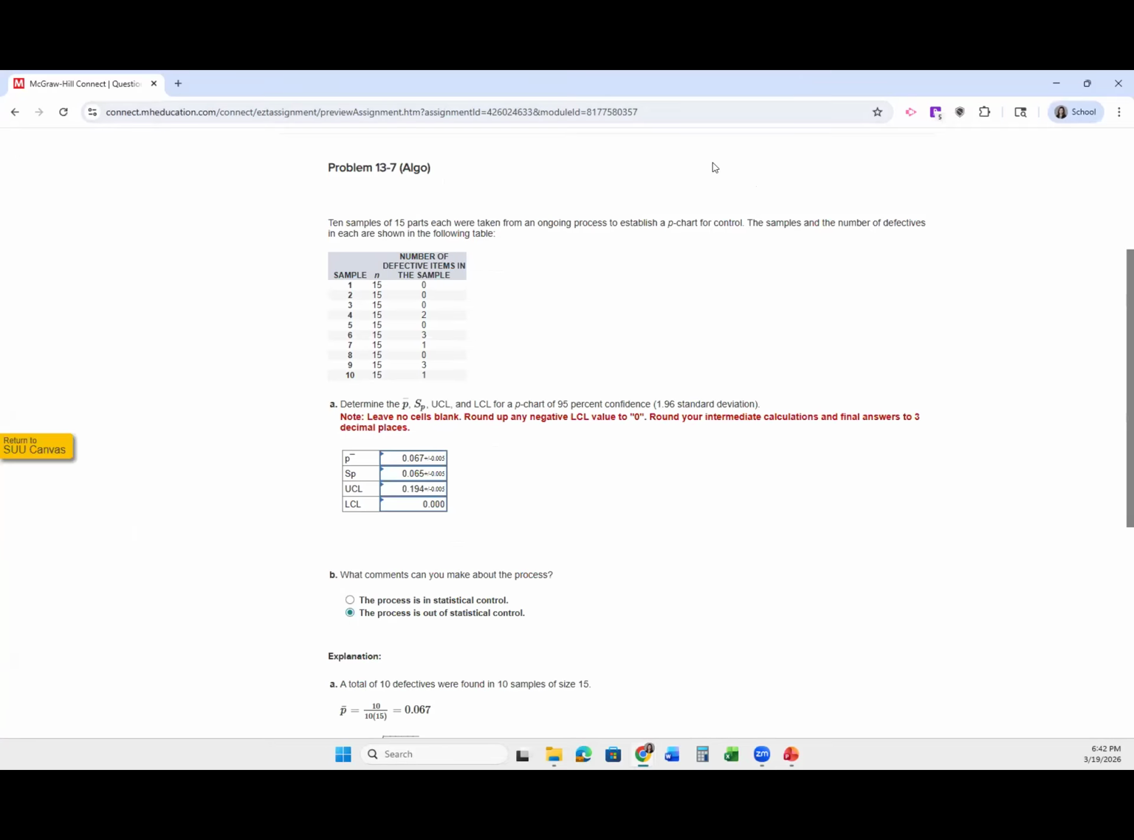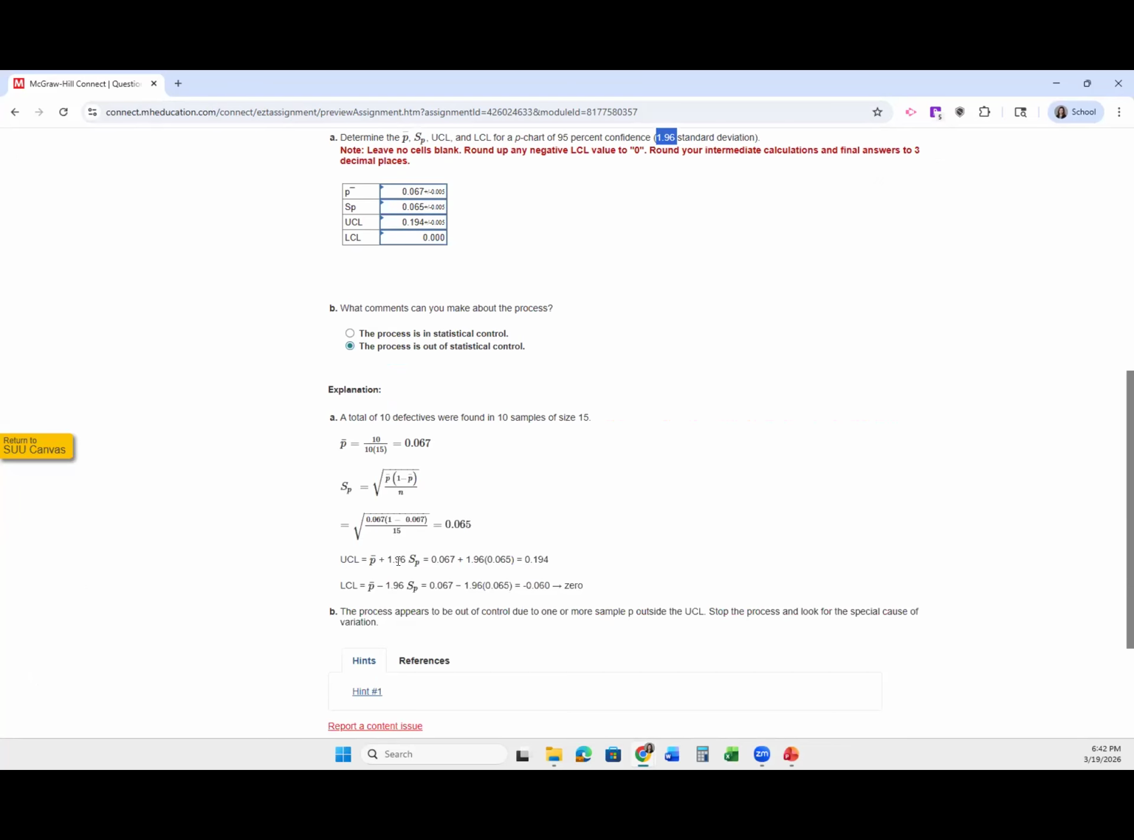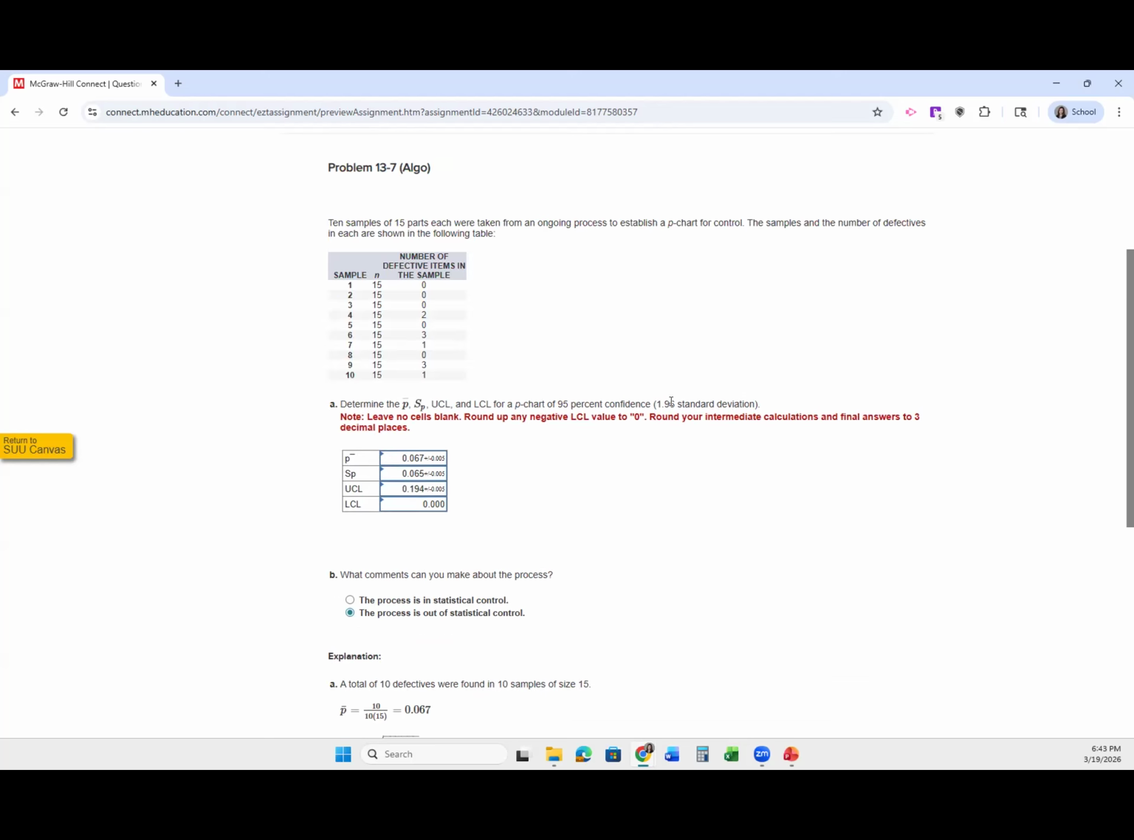So this is homework 13. It asks you to do the P chart, and it probably gives you the upper and lower limits for the P chart at 95% confidence. So 1.96 is the Z. When you calculate the upper limit, Z equals 1.96. If it gives you a specific number or a specific confidence level, this is what you need to use. But for here,